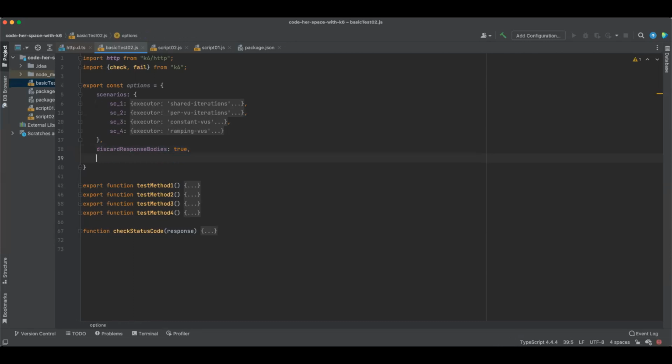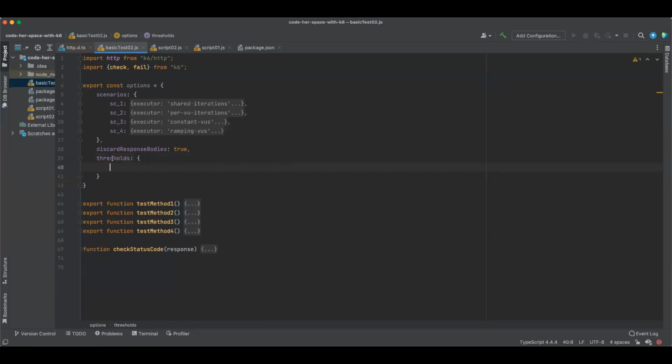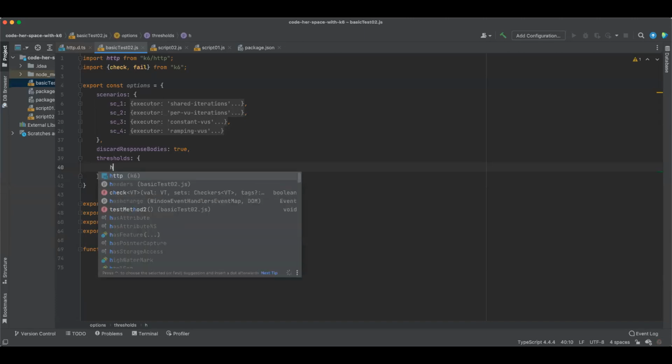Okay. Another kind of parameter that comes under options is thresholds. This is the one that decides at which point we want to fail our test case or at which point we want to pass our test cases. For example, here we have seen the pattern that all the APIs were giving the response within 10 milliseconds. And sometimes if we increase the load, we have seen that the response time increased. So let's put a condition here that